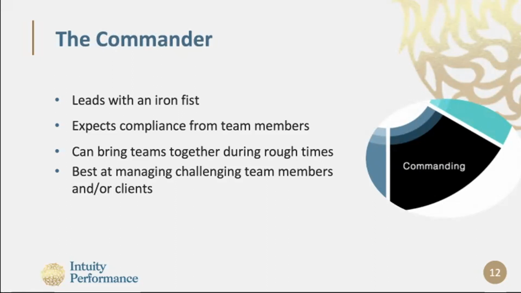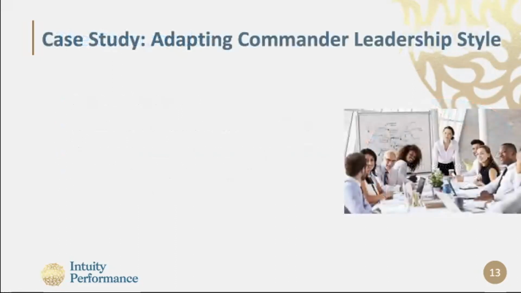And while we're getting that going, I'm going to share with you a case study about adapting from a commander leadership style. So this one in particular is a leader whose style tends to be commanding, a project manager leading a team of software developers in a really fast-paced tech company. So she was using a commander leadership style, emphasizing really clear direction, strict control over the project's execution, which comes from a well-intended place. Rarely is it ill-intentioned, but she realized that adaptation was necessary to address the evolving needs of the team and the project.